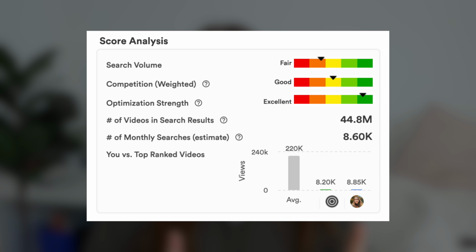Then underneath of the search and competition volume, you have the optimization strength, which basically tells you for all the other videos currently ranked in search for that keyword, how well optimized are those videos around that keyword. And why this is so important is that if every other video ranked in search currently is not that well optimized and your video is very well optimized, you stand a much better chance of ranking in search and getting more views, which I will get more into later on in this video on how to actually